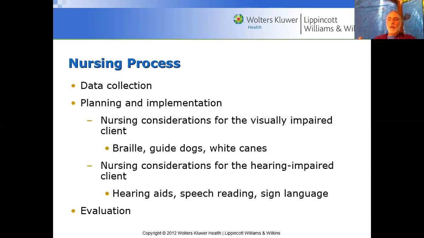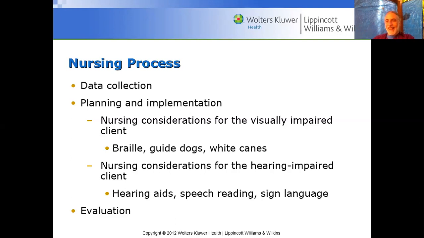What sort of things do we provide for that patient? If our patient is in our care, has lost their vision, and we're preparing them to go home, what things are we providing? What education? What services? In this case, Braille learning. We wouldn't necessarily be the ones teaching someone how to read Braille, but as nurses we may be providing them with patient education materials in Braille, guide dogs, the white cane,